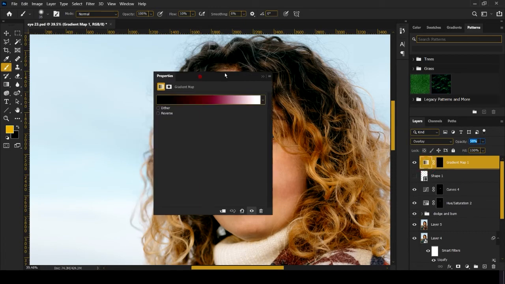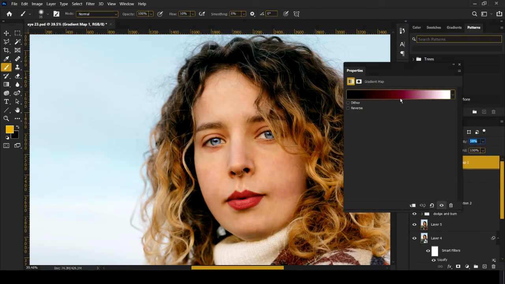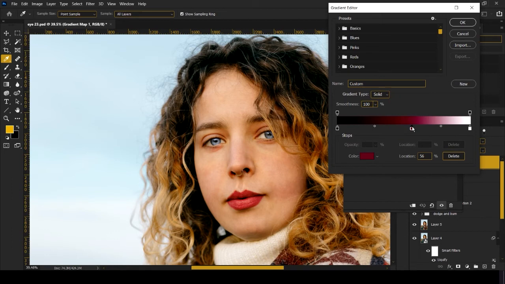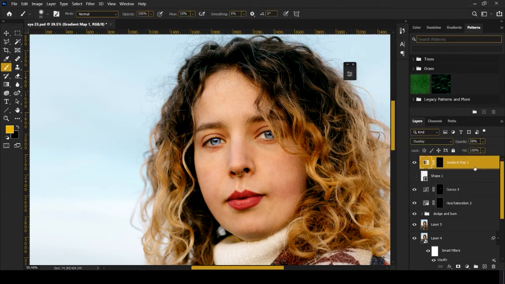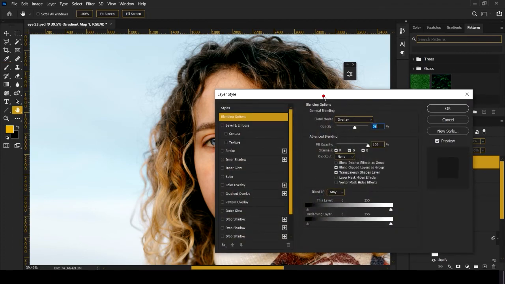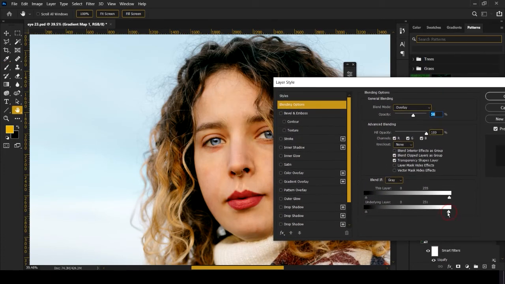You can also play with the colors by going back to gradient map and then playing with the slider. It will change the colors of the lips. See, it adds a glaze to that, but for that we'll use another technique. It's okay. Now double click on the right side of the layer. It opens the layer style dialog box, and then remove it from the bright areas to get back the shine. See, we are getting back the bright areas.